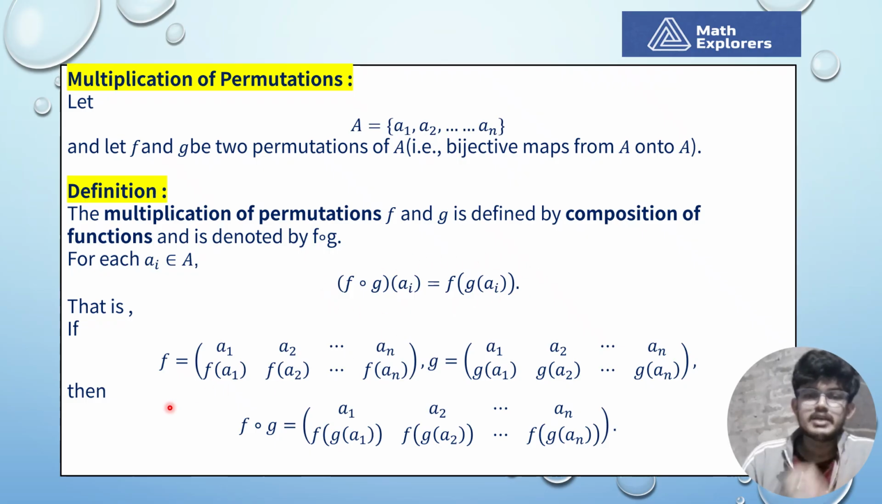That is, if f equals a1 a2 ... an, and a1 का इमेज जो है f(a1), उसके नीचे लिखेगा a2 का इमेज जो है f(a2), and so on up to f(an). Similarly g लिख सकते हैं। और f compose g मतलब a1 का इमेज क्या है, f(g(a1)) और a2 का इमेज f(g(a2)). सिमिलरली a1 का जो इमेज है वो लिख के f compose g हम लोग ऐसे लिख सकते हैं।